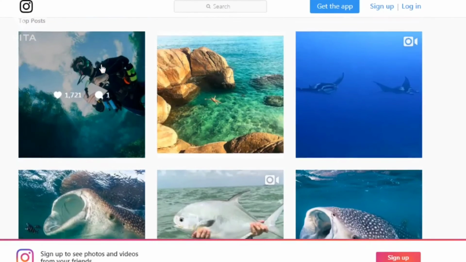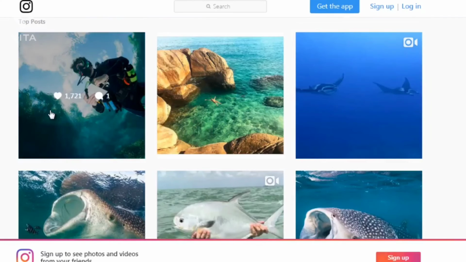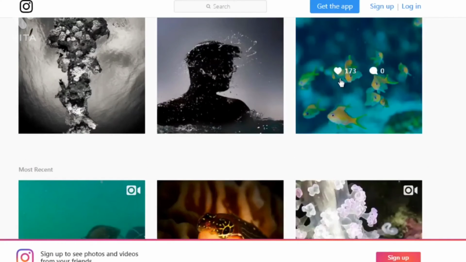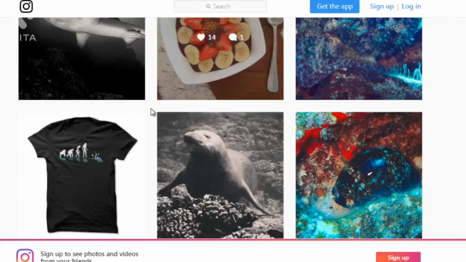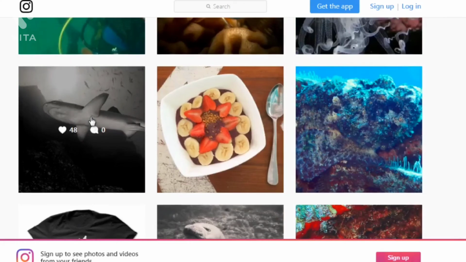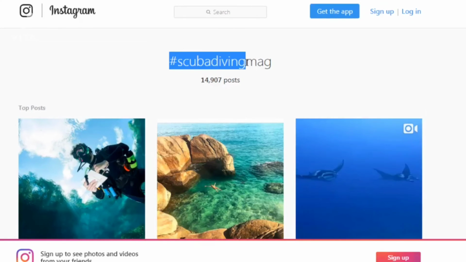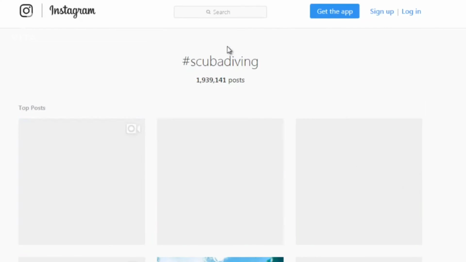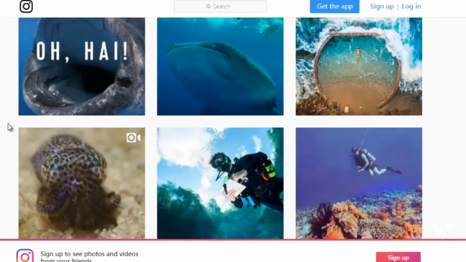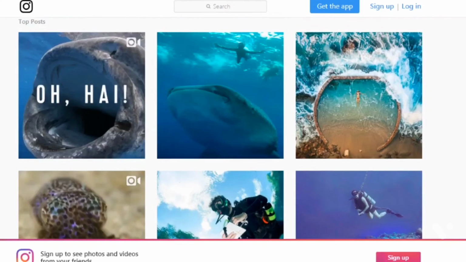And if we just put our mouse over, we can see, okay, this one has like 1,700 hearts, which are basically likes, one comment. Then we scroll down, we can see this has 180, 352, 173. So that's a good sign when you can see that there are a good amount of hearts or likes. So you can include something like scuba diving right here and see how many posts it gets. So there's 2,000 posts, which does mean that as you post things, they can get stuck down below, but at